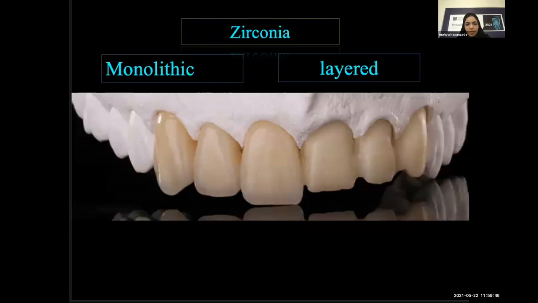And the last group of the ceramics is zirconia, a broad group. We can divide zirconia restorations into monolithic or layered. We have known zirconia for years as a structure for frameworks or for cores, as they were